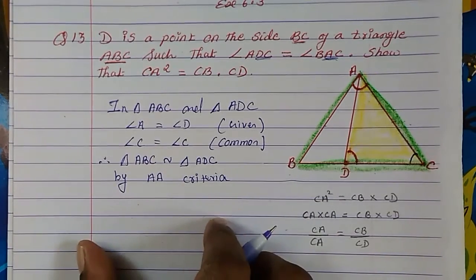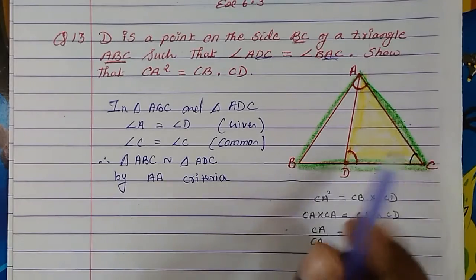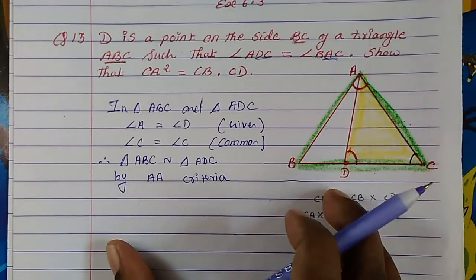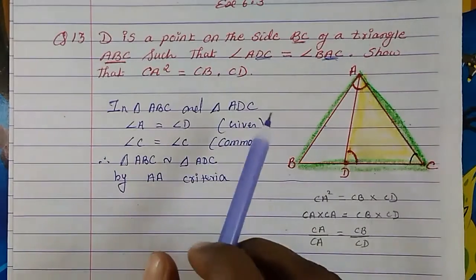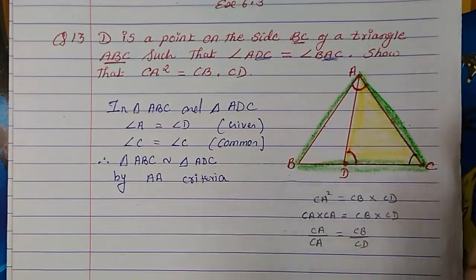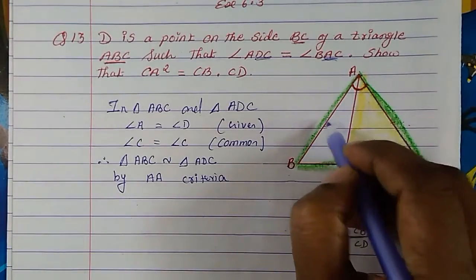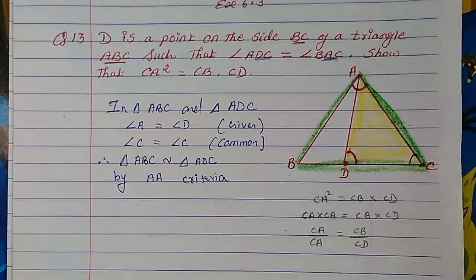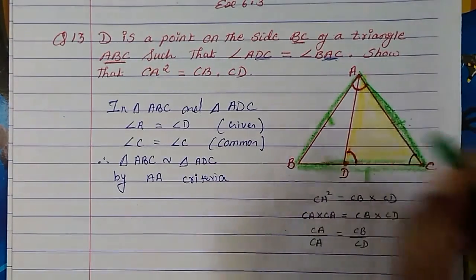So by angle criteria, two angles we got. So by angle criteria, these two triangles became similar. So if they are similar, their ratios also have to be equal. So now we don't know which side, because the ratio is not given to us. So we have to find out which ratio will be equal to which side of the triangle. So we have triangle ABC. So we have three sides. We have this side, we have this side, and this side. This is of the green color triangle.